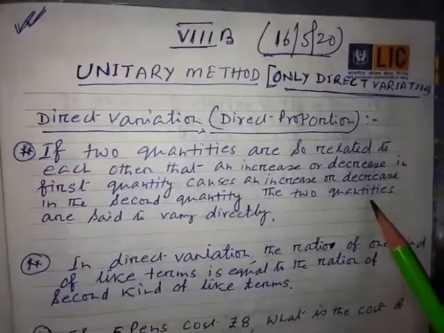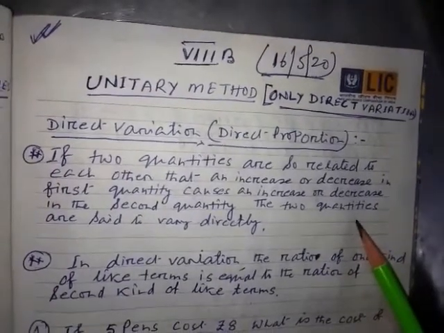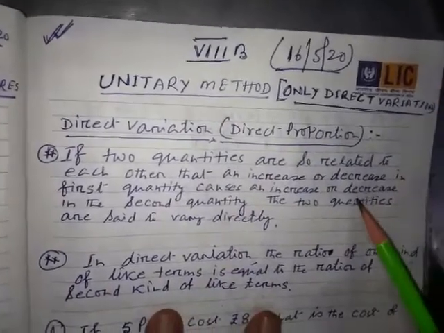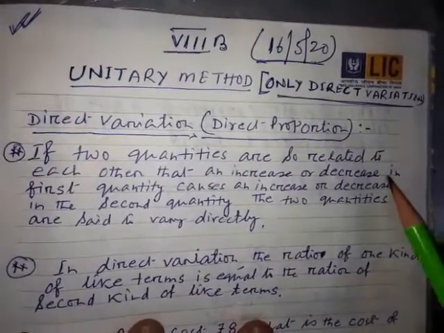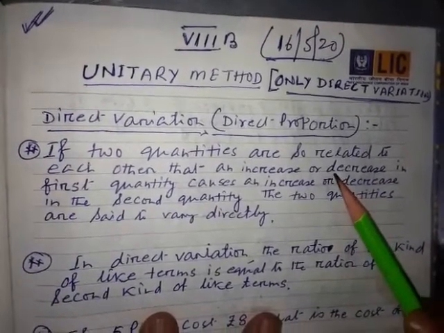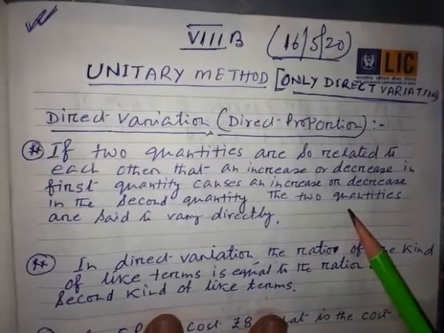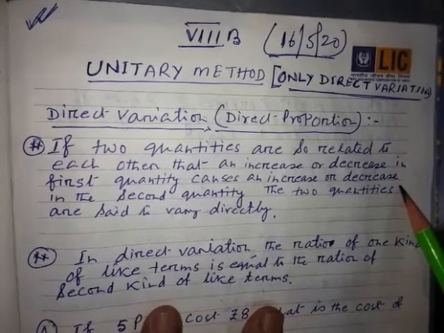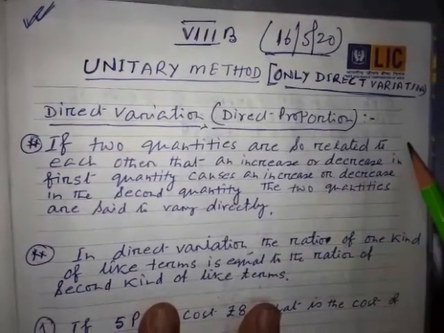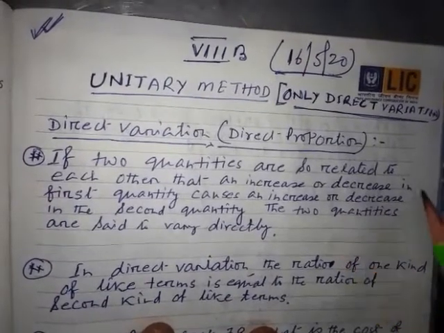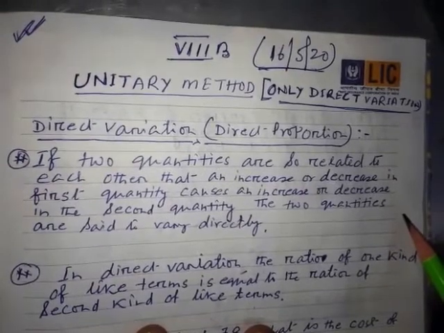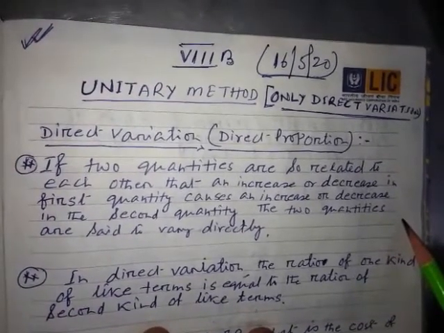If I give an example of direct variation, if I ask you, the cost of 5 singara is 20 rupees. What is the cost of 1 singara? So here 5 singara, 20 rupees. So the number of singara is decreasing. In place of 5, it becomes 1. What will be the cost? 20 divided by 5 equals 4. So see, when 5 was there, the value was 20. Now when the number of singara decreased, the value also decreased. In place of 20, what does it come to? 4 rupees. So they are called direct variations.